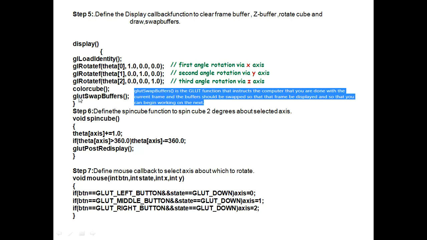Then glutSwapBuffers. What is its job? glutSwapBuffers is a GLUT function that instructs the computer that you are done with the current frame and the buffer should be swapped so that the frame is displayed and you can begin working on the next. Here, the current frame will be there, the next frame will be there. So the current frame's display is over, and the next frame should be displayed. For that, this particular function will work. After display is done,